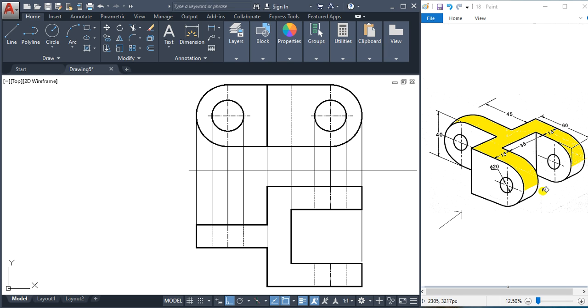Now we'll draw the side view of this object. This is the right side of this object. When you see from this direction, the surfaces which are visible are this surface, this semicircle surface, and this surface. And we have to represent this hole, and also this fold, with dotted lines.